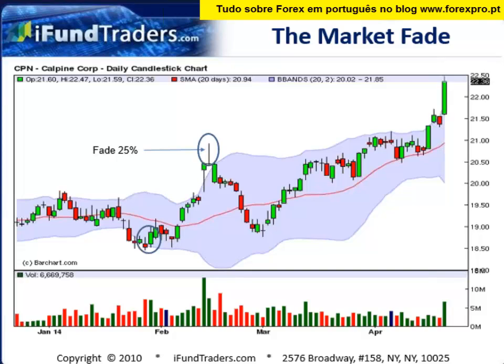If you were going to try it on this bar, you need this 25% level to either be retraced on the same bar or the very next day or some subsequent day. We're only doing this on outside bars when the bands are relatively wide. Remember yesterday we talked about being able to identify when you're closer to the top, which we call phase 3 of the cycle, and when you're closer to a 1. Well, if a bar has moved from the bottom of the band to all the way outside of wide bands, you have to assume that you are